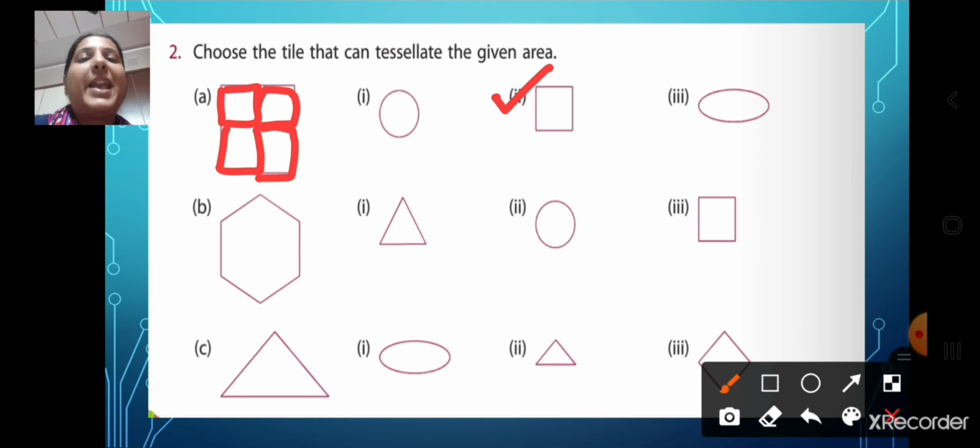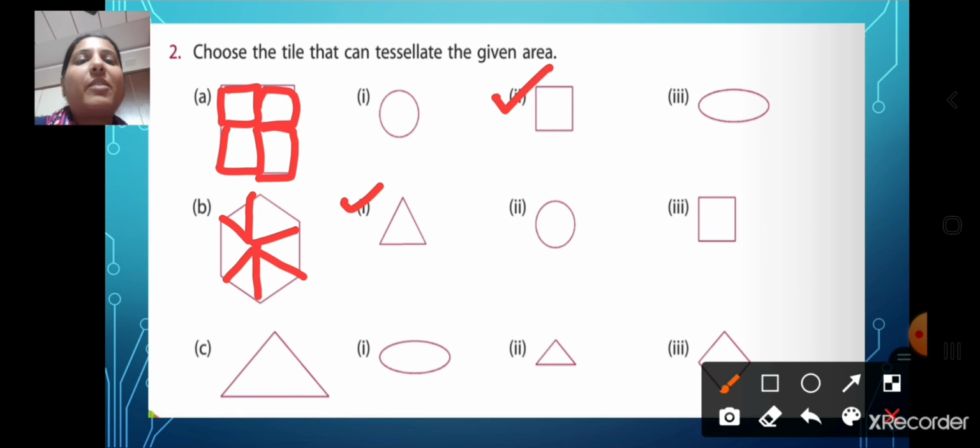Now number B is this shape. This is a hexagon. Can you tell me which small tile will tessellate this whole shape? Yes, if we use this triangle, it can fit here somehow like this. Here, then here. Here we will have one triangle.